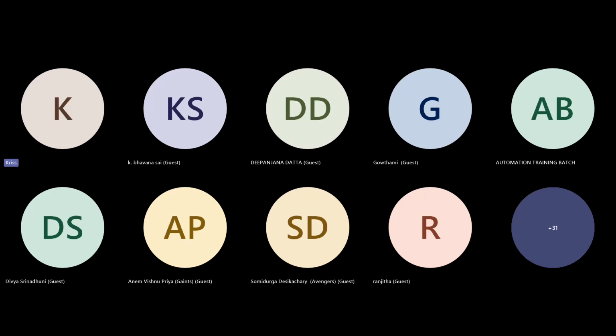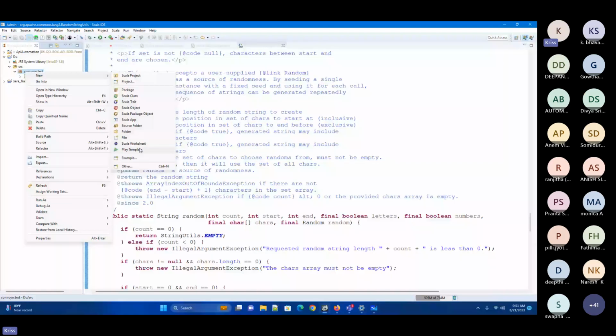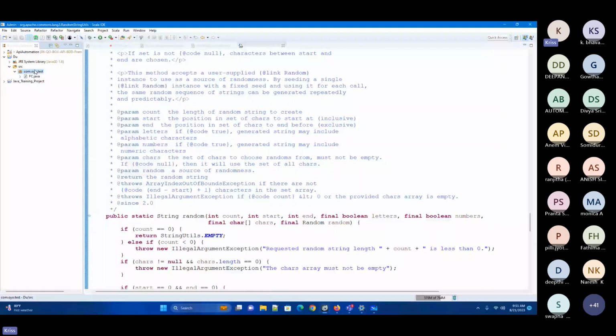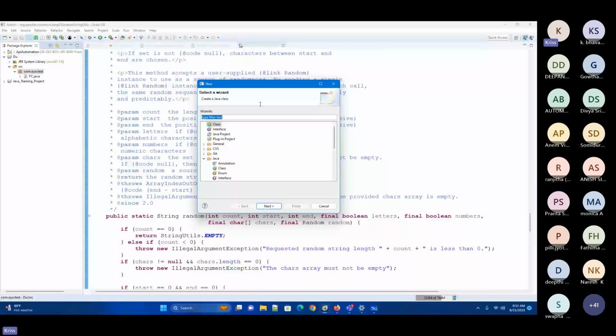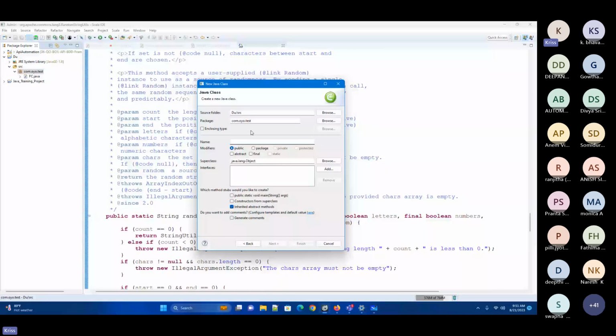Let me create a new class file. So let me take you to one particular one. I was working with a few of these things, so let me take this first one. All these colors I was getting because I'm working on other projects, so that's the reason it was showing with the other. So now let me keep this one as